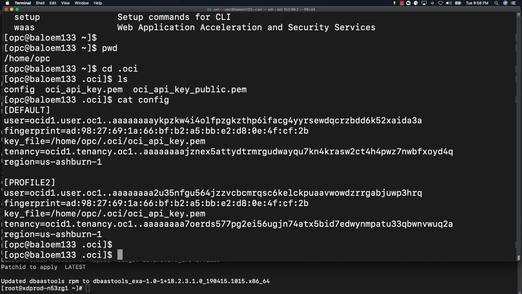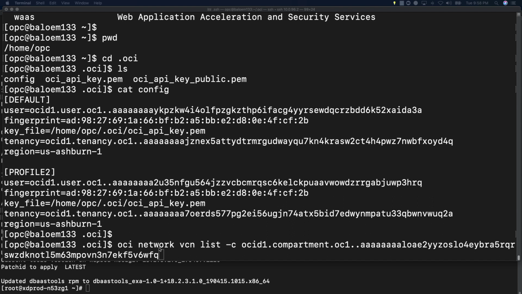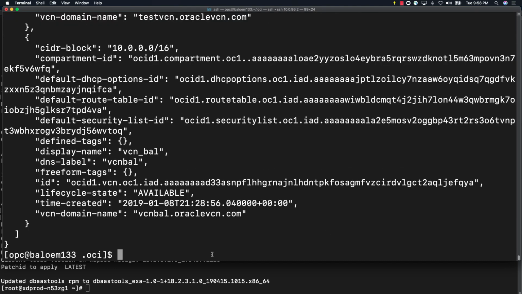So since my OCI binaries are already installed, I have got my tenancy or compartment details. A few commands could be like oci network vcn list -c with the compartment OCID. This is my Exadata compartment, and you know how to get the OCID from the console. So I will be able to list out all the VCNs which I have created for my deployment, and this